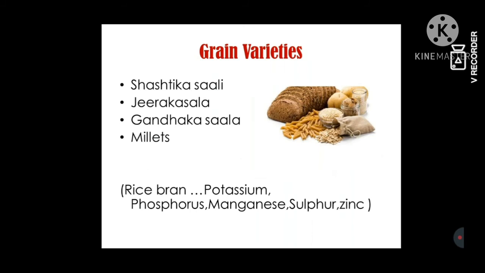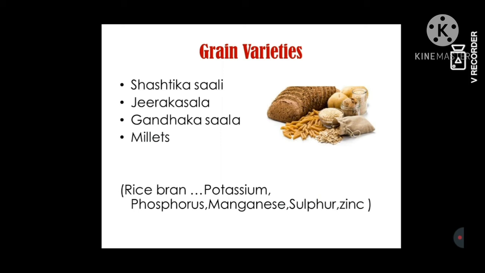You see, the carbohydrates, especially shashtikashali, jeerakashala, gandhakashala, millet, these are the carbohydrate items with the husk. You see, rice bran is very rich in potassium, phosphorus, magnesium, sulfur, zinc, micro elements. These micro elements are very essential for the functional and structural integrity of skin. So if we are using these grain varieties with the presence of their bran husk,